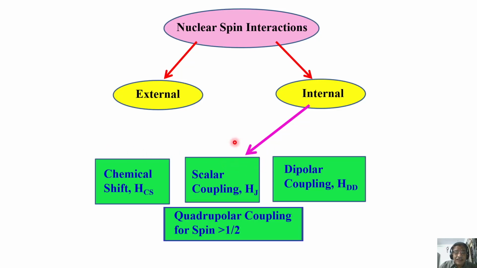Second, it is scalar coupling, also called J coupling. What is this? Remember, when we have a molecule, we have chemical bonds. Consider a molecule. Let us say I have a CH proton here. I have another CH2 proton in between. There is one chemical bond. There are some other substitutions outside. Let us not worry. The proton of this CH can interact with the proton of this CH2.